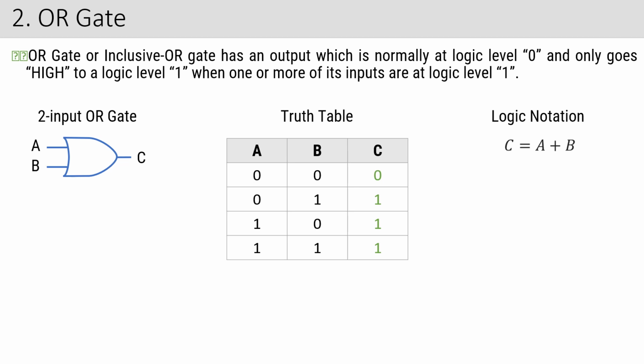Now next comes your inverter gate or NOT gate. It is a one input, one output gate. In a NOT or inverter gate, you are going to have only one input and only one output. This gate is also called the inverter gate. The reason is very simple. If someone is feeding you 0, you get an output of 1, but if someone is feeding you 1, you get 0. So it is inverted. For 0 it's 1 and for 1 it's 0.